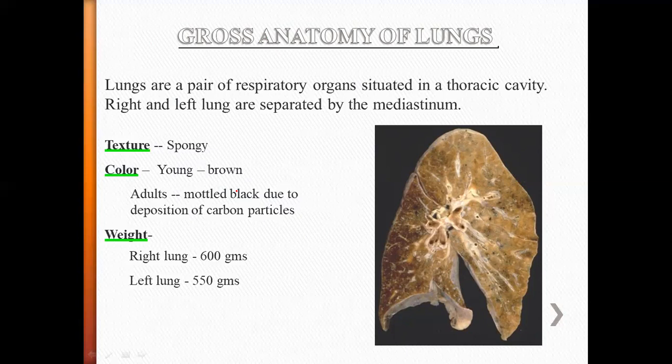Then we have different lobes on the right side and left side, and fissures. It is by means of fissures that we have lobes. And each lobe is again divided into segments, the bronchopulmonary segments, by means of the tertiary bronchus. Those tertiary bronchi, which we can otherwise call segmental bronchi, supply each segment. So we have 10 bronchopulmonary segments. That's it about the entire anatomy of the lung. Thank you.